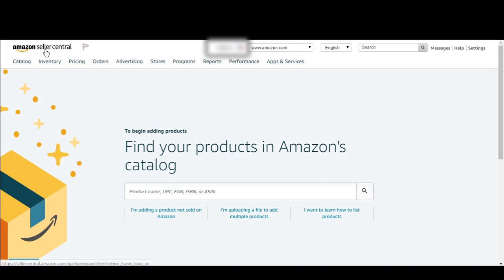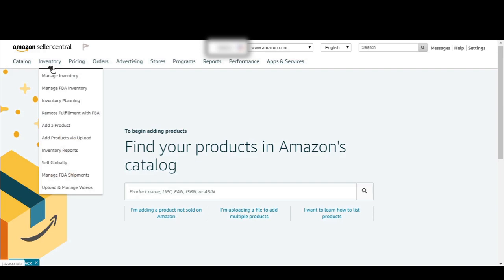And as you come here, guys, you will see the catalog tab. Here you can add your products, complete your drafts, and view your selling applications if you have applied for any gated categories or something. Here in the inventory tab, you can click on manage inventory if your inventory consists of FBM, fulfillment by merchant, and FBA, fulfillment by Amazon. Both inventories will come in this manage inventory tab. And if you are selling only through FBA